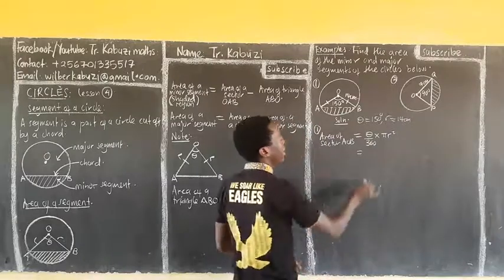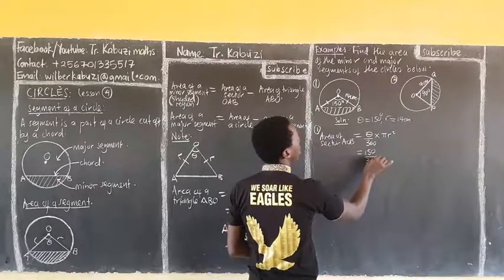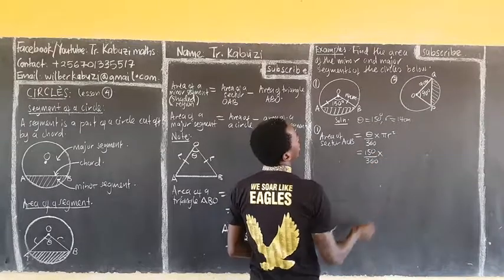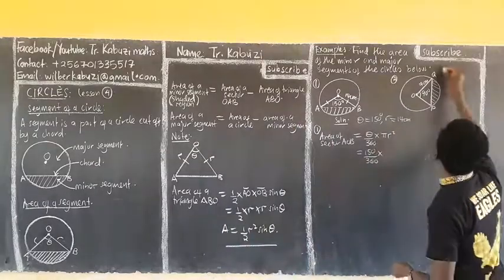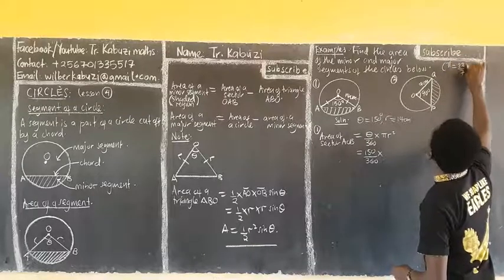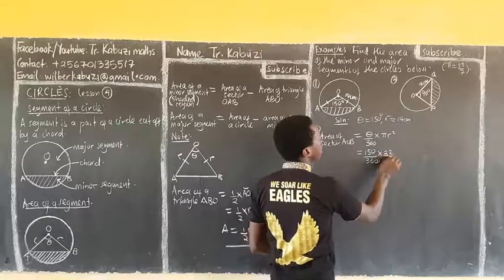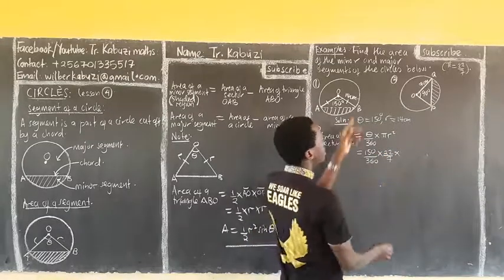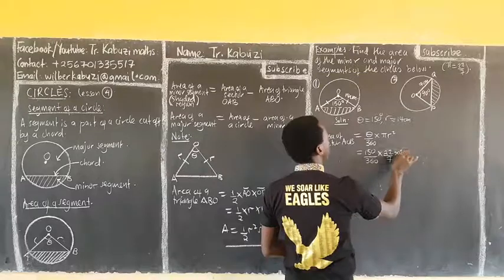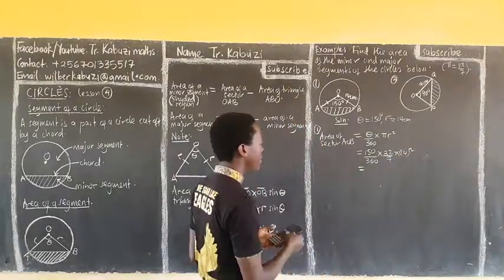So putting here, we have 150 over 360, then times pi. Now here, let us take our pi to be 22 over 7, then times the radius, which is 14, the whole squared. And so now our area of that sector is going to be